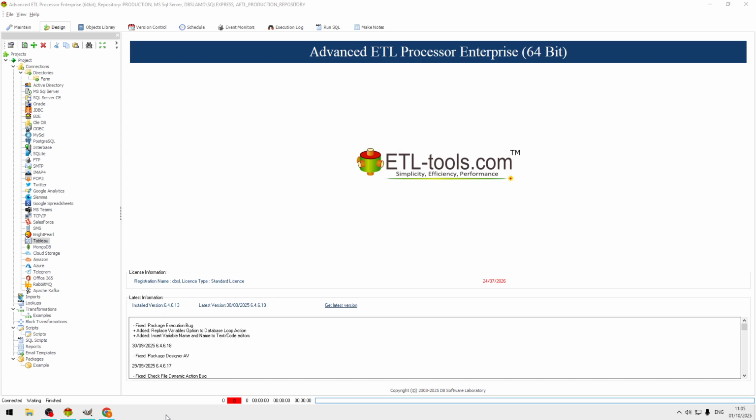Our ETL software, Advanced ETL Processor, can do a lot with Excel files. For example, it can extract data from Excel files, it can modify Excel files, it can create new Excel files, and it can even use Excel templates for generating data, and it can convert very complex Excel files into a much simpler format using block